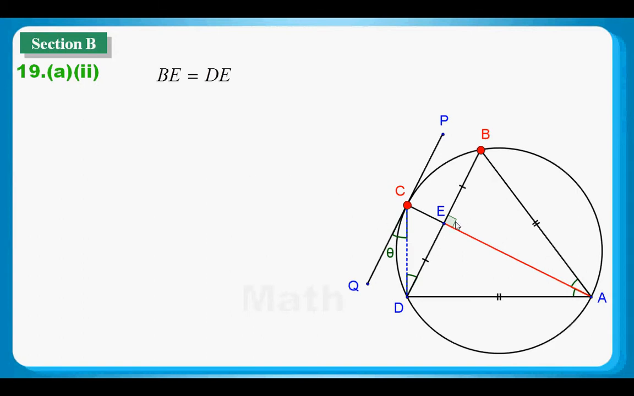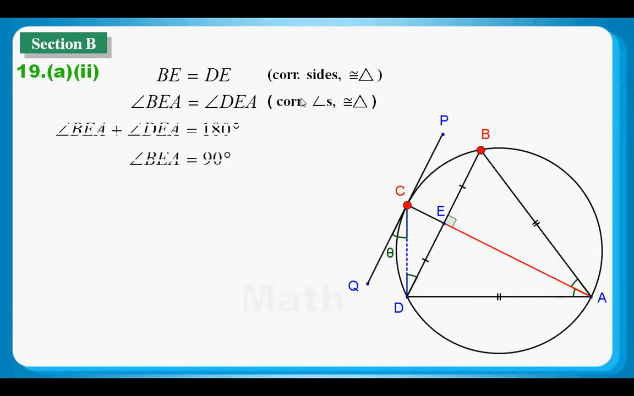I have to prove to you that angle BEA is a right angle. Yes, of course you know that. Why? Because we can use the corresponding angles of congruent triangles and corresponding sides of congruent triangles to also prove that EB and ED are equal. Okay. Now, as I said,